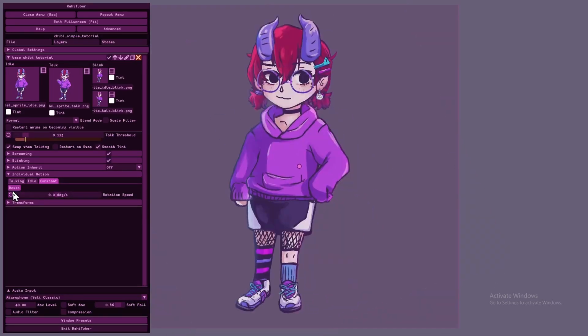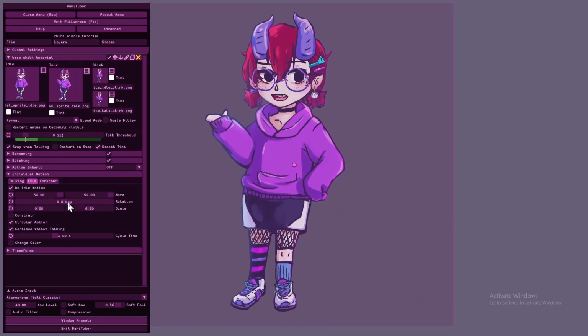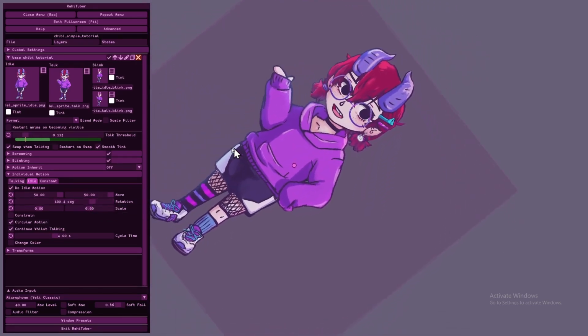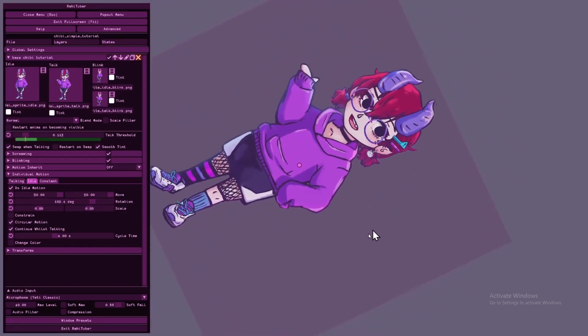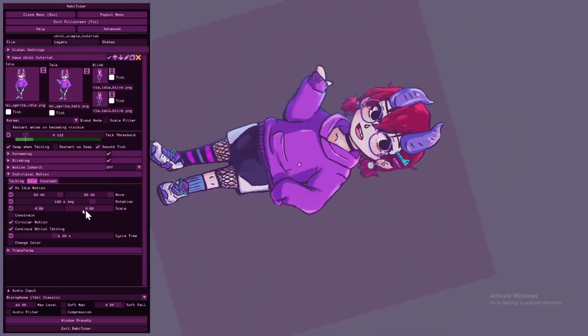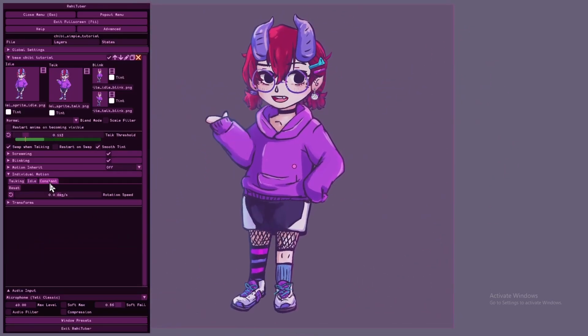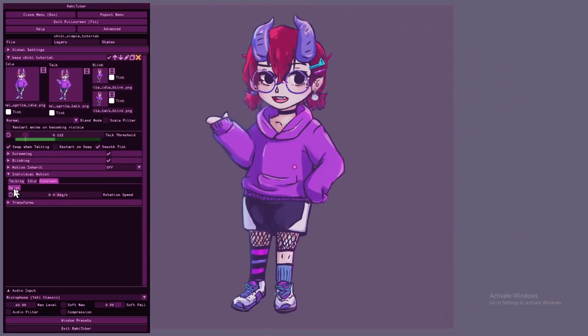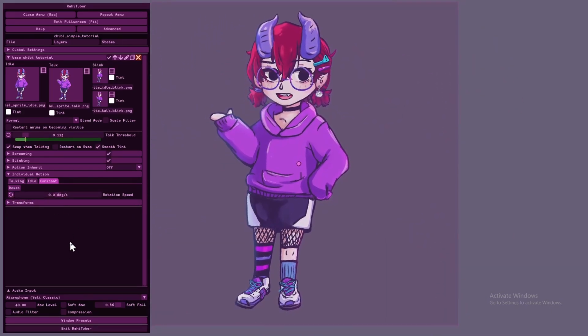So when you combine this with things like idle motion and physics and such, you can kind of do some really interesting things. Here I was demonstrating that the rotation on the idle motion is different from the constant motion, because the idle motion's rotation will swing back and forth from the value that you set to 0, whereas constant motion will just continuously rotate.